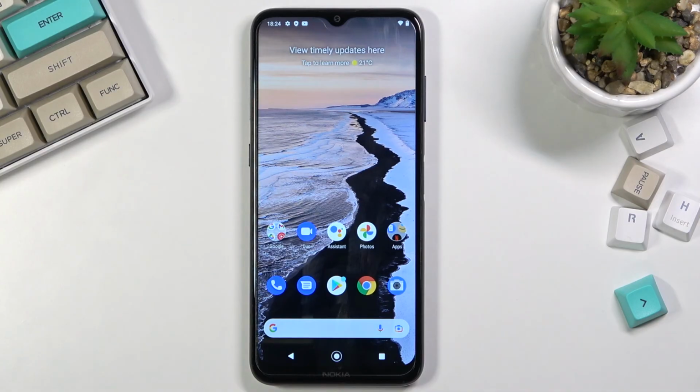Now that being said, this would conclude my list of tweaks and tricks you can do on this device,